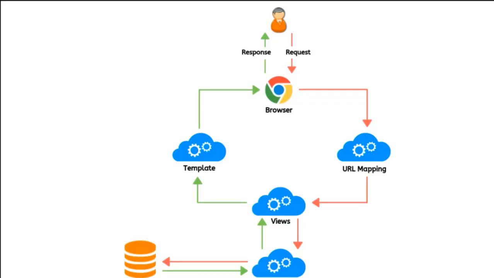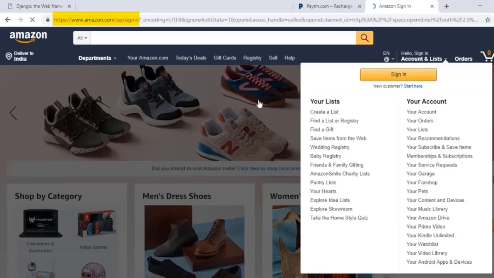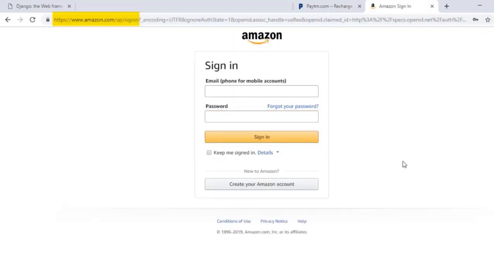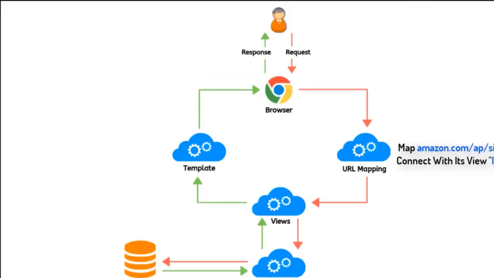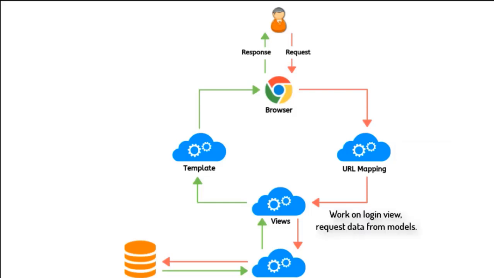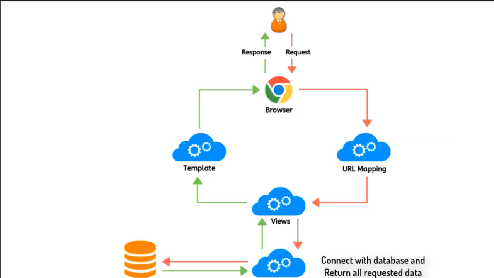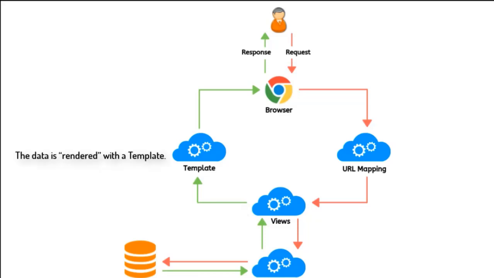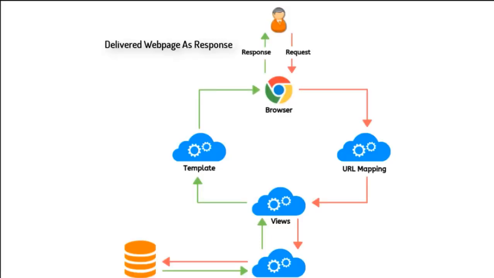Now what if I visit the login page? If I click on login, now here the URL will map everything with the help of this particular link. Now they know that this is the login page, so they will call the login view, that is the view that handles the login page. Connect with the database, get all the related queries, then revert back to view, then show the template, that is show our login page. So that means everything is in the flow with the help of URL, view, model and template.